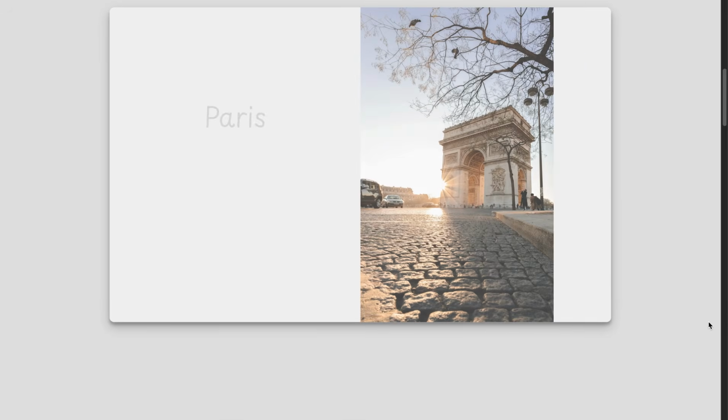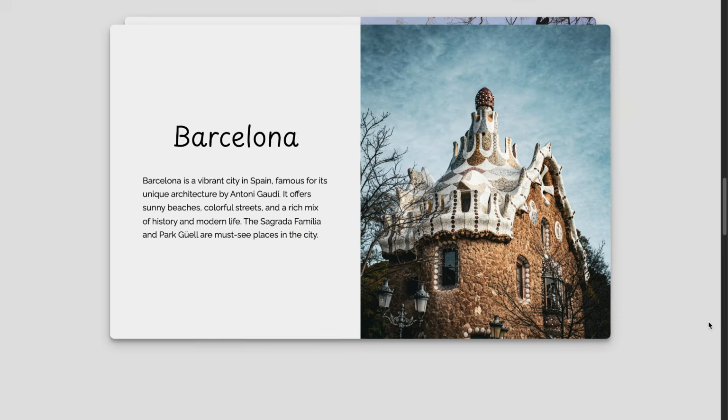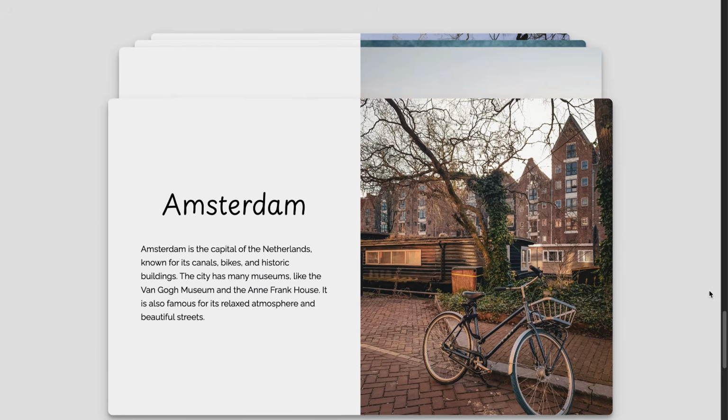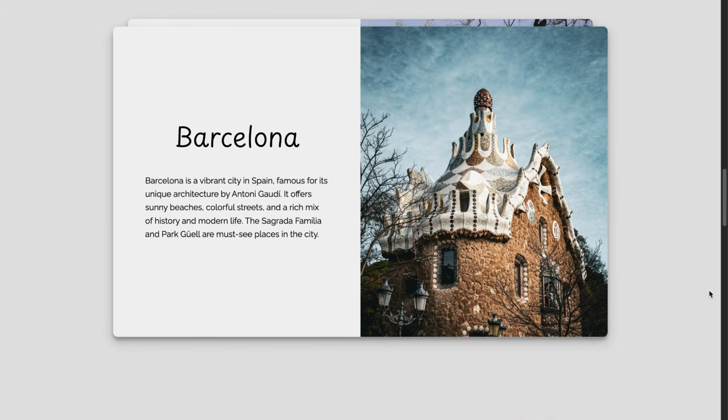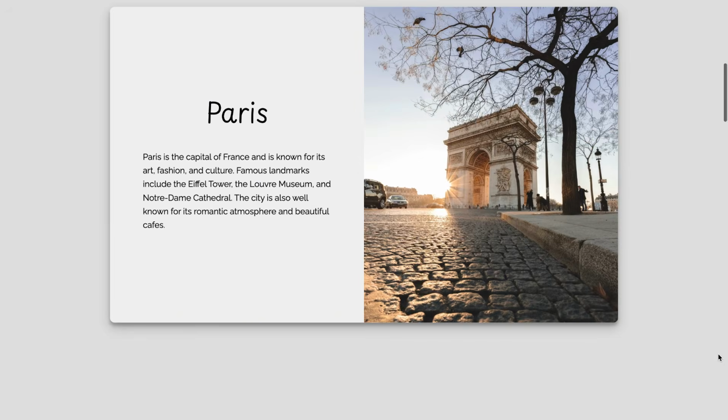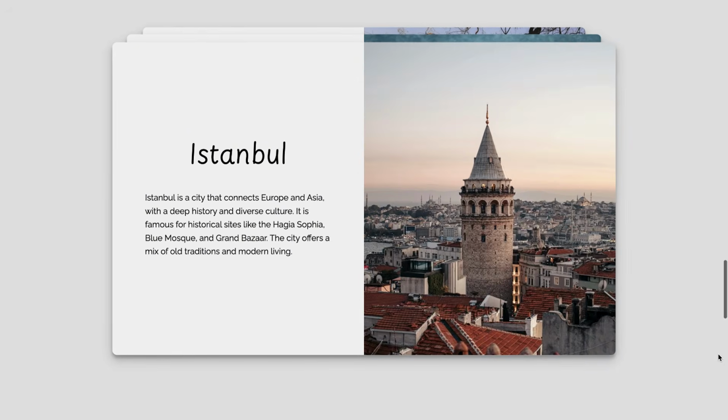Hi everyone! In this tutorial, we will create a scroll animation using GSAP Scroll Trigger and Scroll Smoother. The cards will appear one by one while scrolling. Each card will show an image and text using clip path and opacity animations. These animations on the card will run only once when the card enters the screen, unless the page is refreshed.